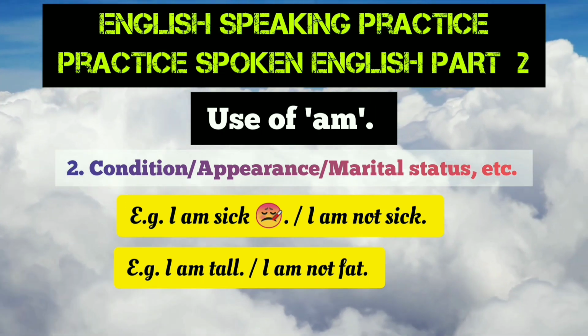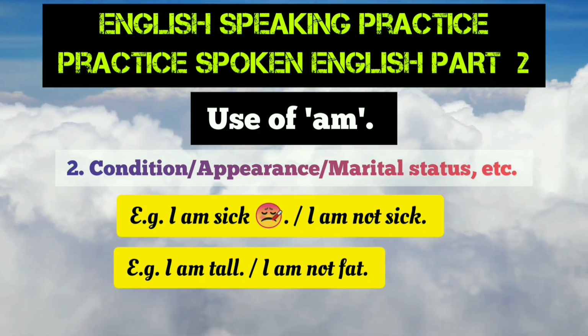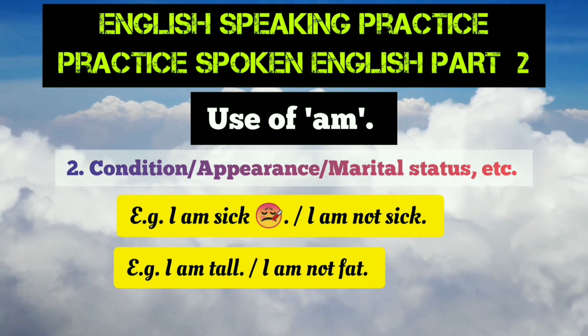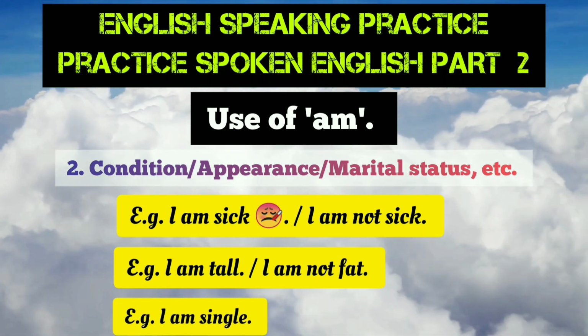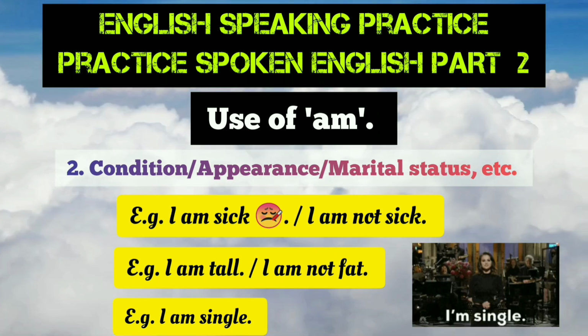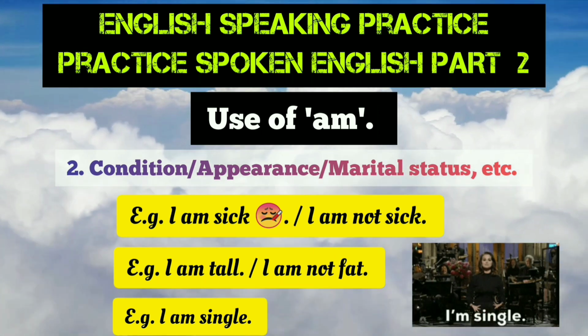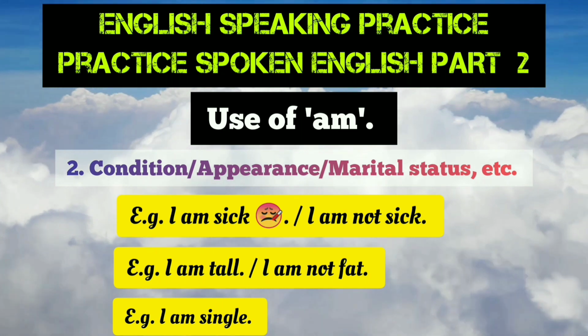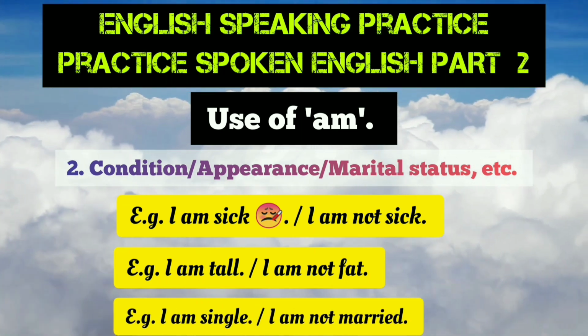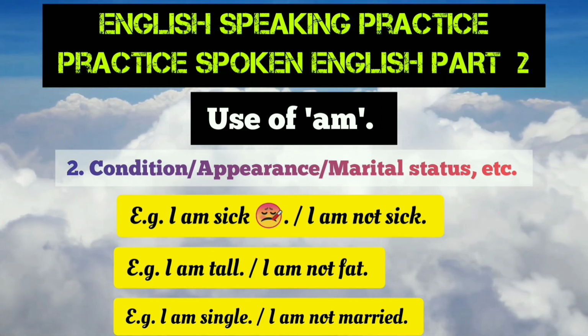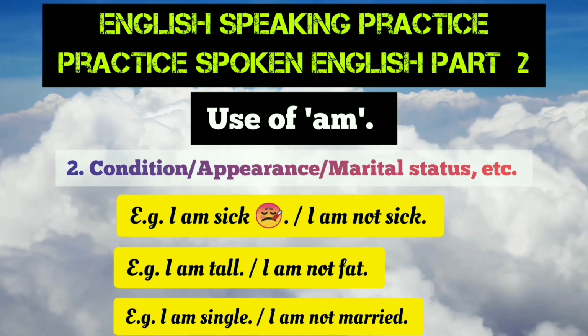So up next, you see the next sentence. You can talk about your marital status using am. So I am single. That's the way you use am to talk about your marital status. And also you can use am not, the negative, that I am not married. So I hope it's crystal clear where you can use am, and apart from that you can also use am